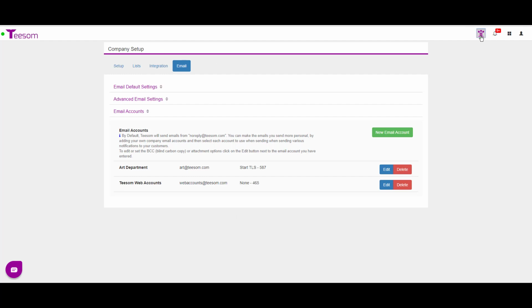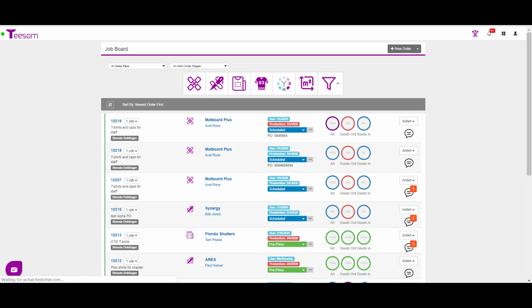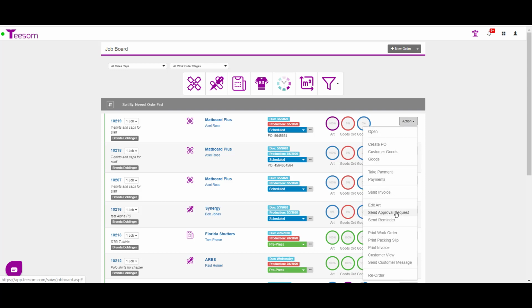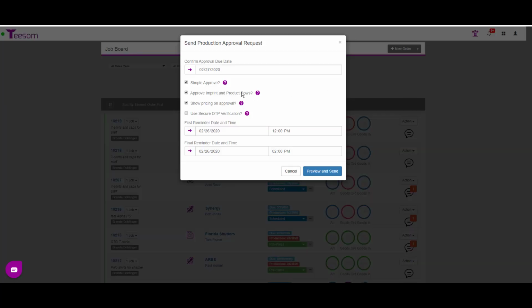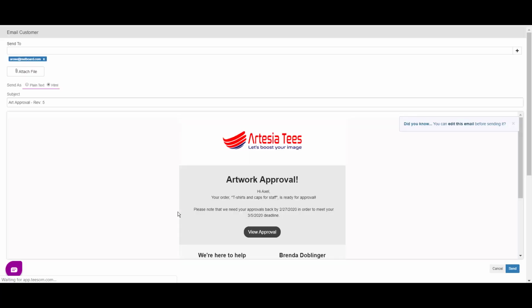Okay, I'm going to head to my job board, and I'm going to go ahead and click on I want to send this art approval out again. So I'm going to click the action button and I'm going to click send approval request. I'm just going to let it default to these 3 options, and then notice this button now says preview and send. So it's going to default to sending to the customer on file, and I can certainly add another email